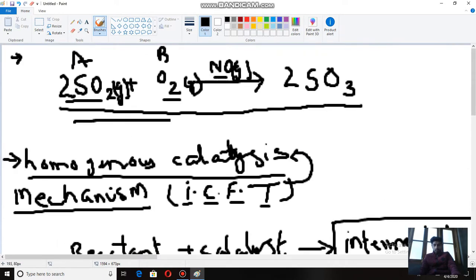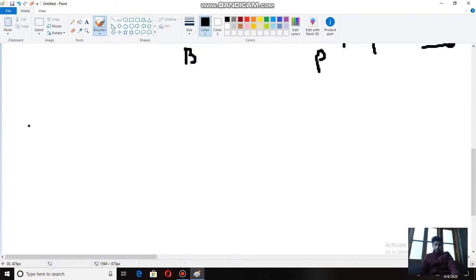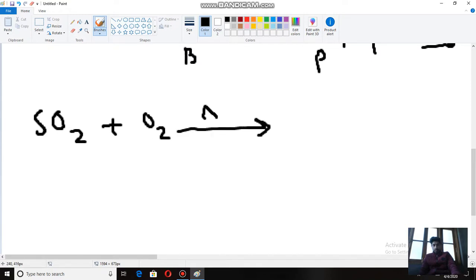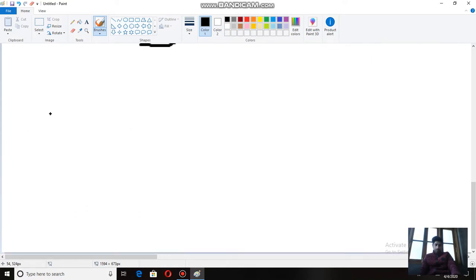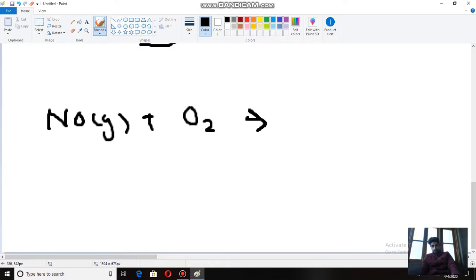Now let us look at our example. This is SO2 plus O2 in presence of nitrogen oxide. These are all in gas phase. 2 here gives 2 times SO3. Now first this oxygen tries to react with this nitrogen monoxide, NO plus O2. This gives